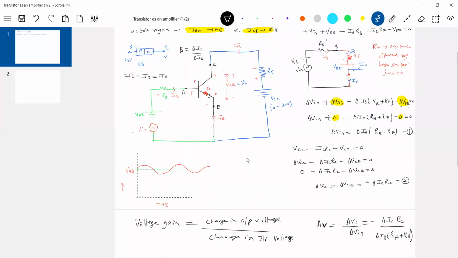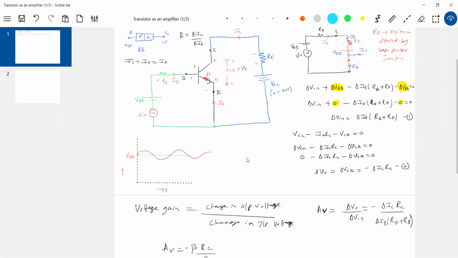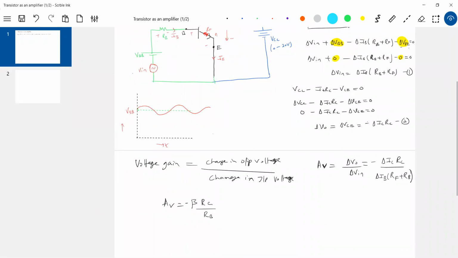Because next we will connect a load resistance separately, and this RC, RL and the output resistance will all become parallel. RL will be less than RC, and RC will be less than the resistance across the collector emitter. So some books directly write this as RL, which is justified, and they call RB the input resistance. So nothing is wrong. That's the same formula. This is RL or output resistance.